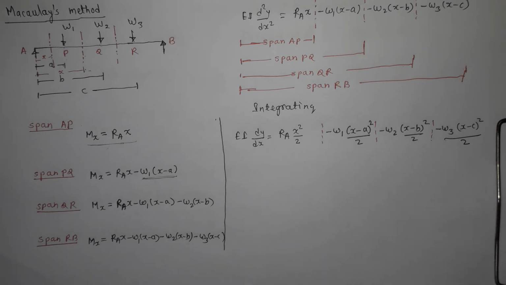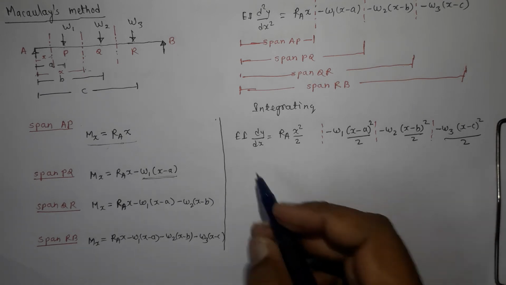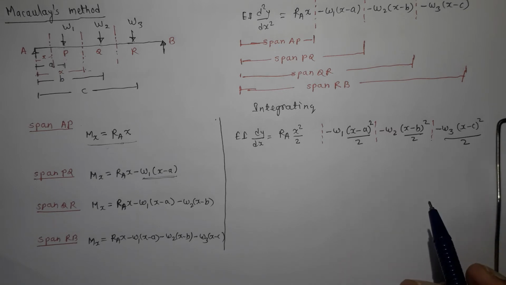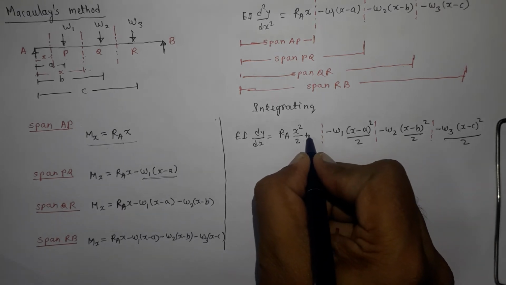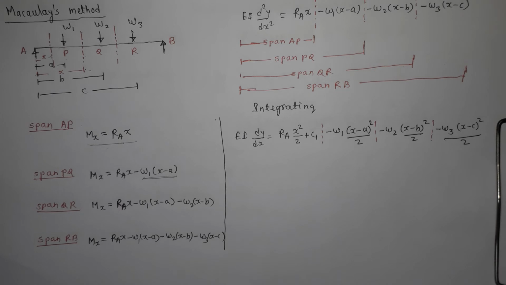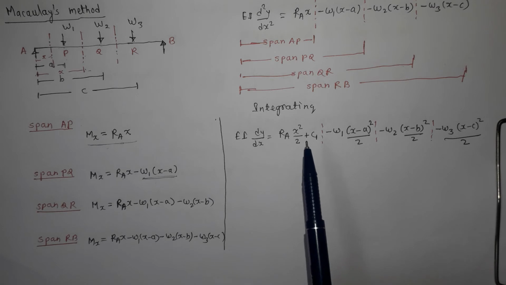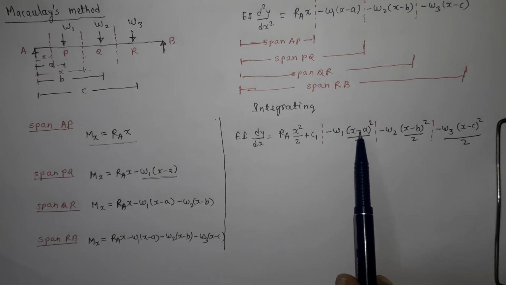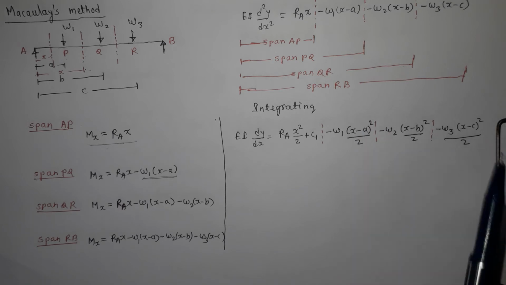Integrate it again, but again here it is not a definite integral, so a constant of integration should be written, and that constant of integration should always be written in the first partition only, which is the suggestion of Macaulay again. So write down the constant of integration in the first partition, plus C1. Now, here there are two suggestions which are to be followed by you. The first suggestion is that the constant of integration should be written in the first partition, and second, the term in which a bracket is there, integrate this term as if it is x. So that is equation 1.